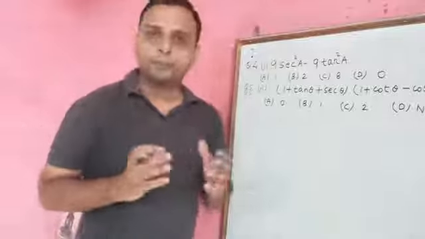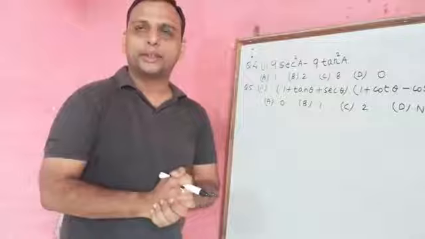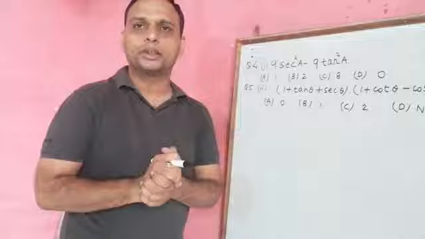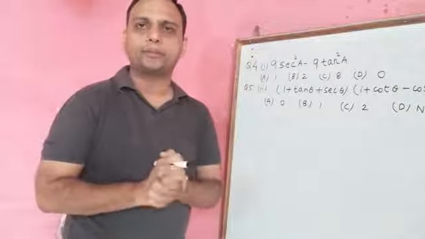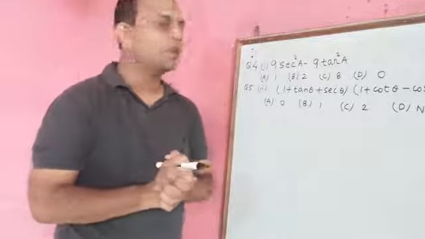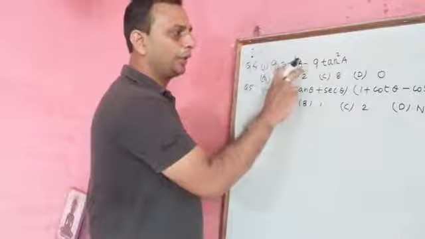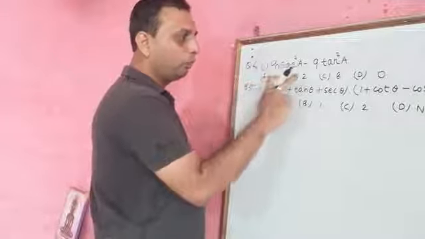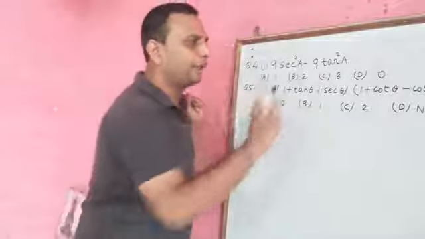And we have to solve it by using the identities which I already discussed in the previous class. There are three identities: sin square plus cos square equal to 1, 1 plus tan square equal to sec square, 1 plus cot square equal to cosec square a. These three identities we have to use, and we have to solve the different questions of question number 4 and 5. So today you can see I have written two questions already on the board. 9 sec square a minus 9 tan square a is equal to, and four options are given, and we have to find which is the right answer.